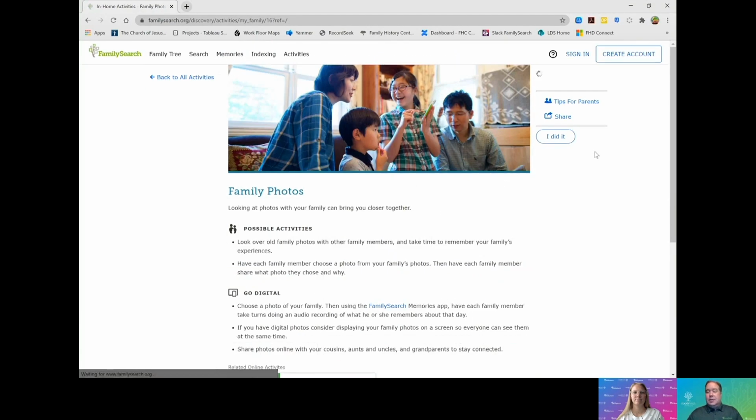We actually did this recently as a family. We love to go back and look at the photos we have of our family, and digital photos make this so much easier than it used to be, because they're so accessible, as opposed to the old days when they were all in a box. We looked at some photos, even older photos that we've digitized, and the children were able to see photographs of their grandparents and great grandparents, and even some of themselves when they were children. But one of the things the kids wanted to do was recreate some of the photos that they saw.